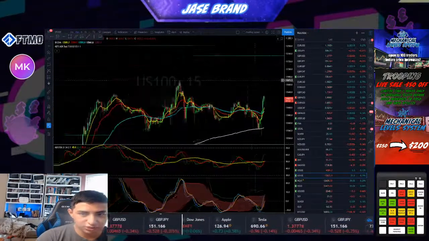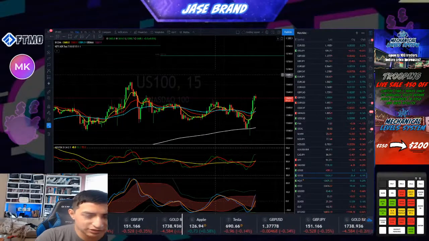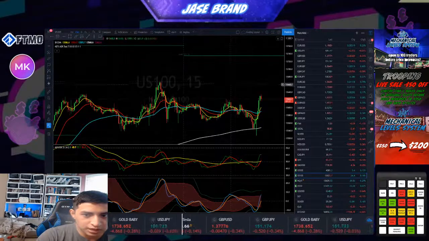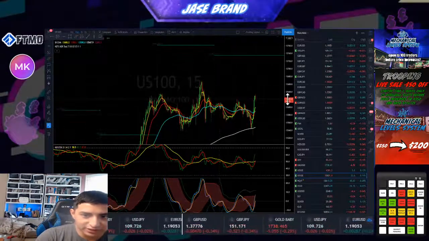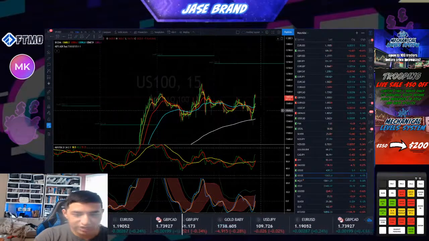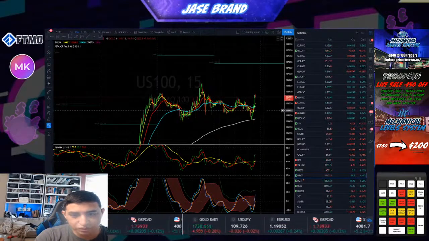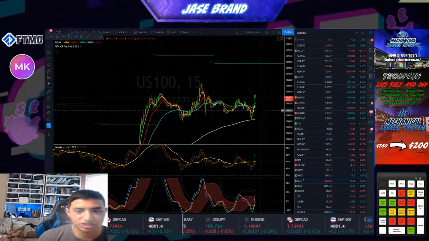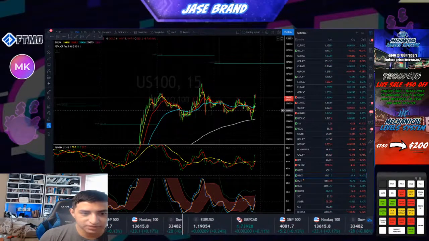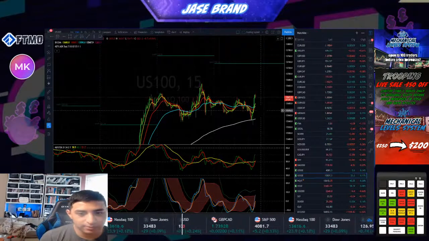ADR still has room. We definitely have room on it. ADR is about 207 points, which is definitely possible, right? And so I'm expecting it. The possibility of it breaking off this range is pretty high. Usually whenever we have an indecisive doji candle on the previous day, the next day we usually have a big momentum, whenever ADR has been maxed out from the last couple of days, like at least the last 7 or 10 days,